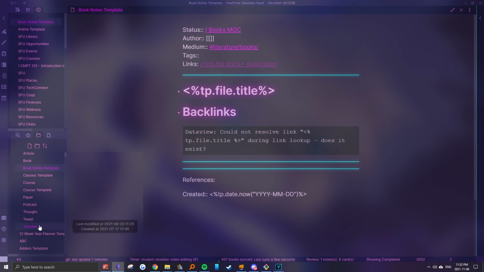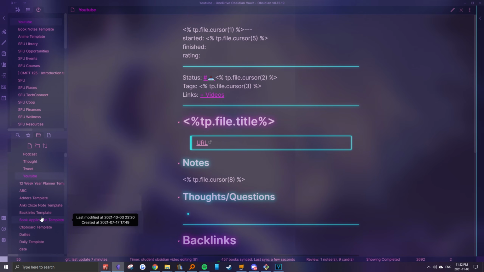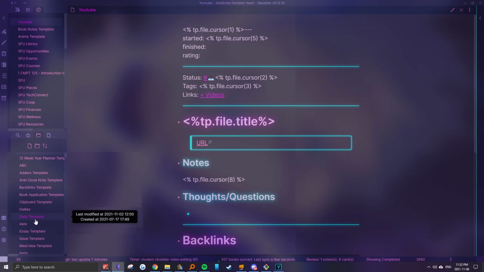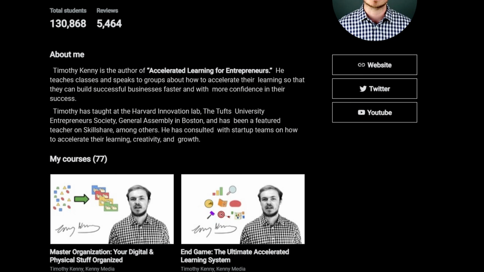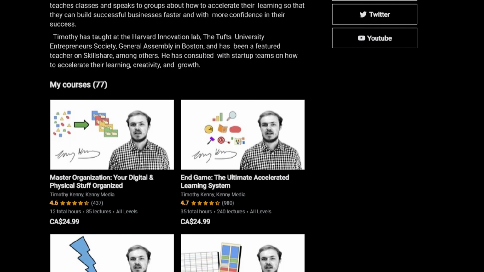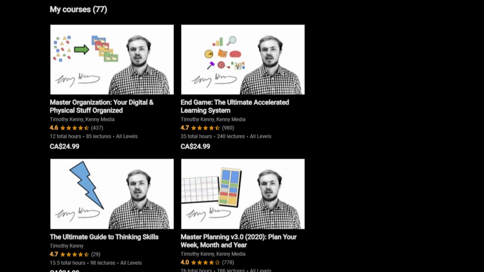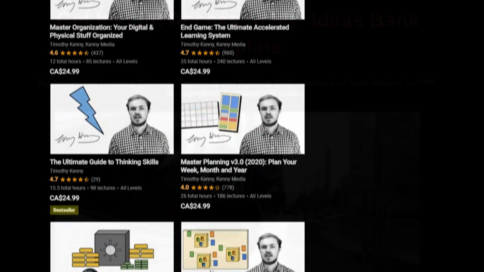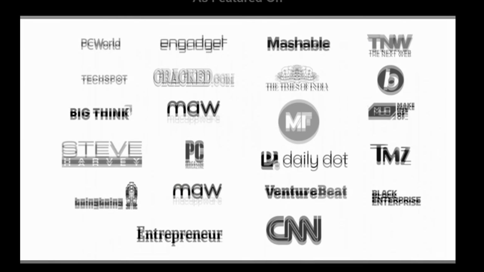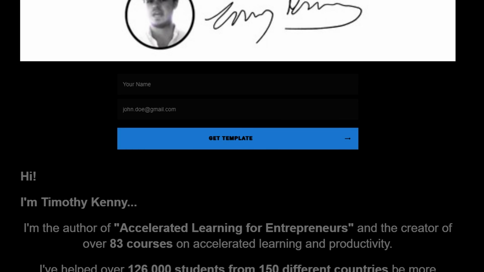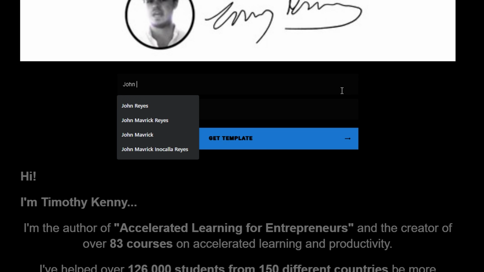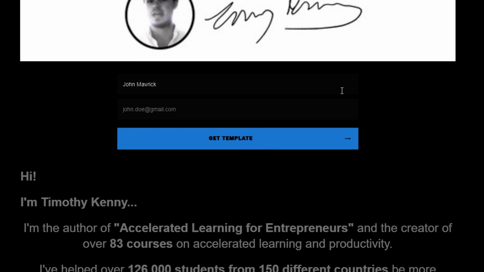My templates range from outlines for writing assignments like essays to templates with different prompts to help cultivate new ideas. My good friend Timothy Kenny, a featured instructor of multiple best-selling productivity courses on both Udemy and Skillshare, was generous enough to provide me with a template you guys can use to start generating and storing ideas in Obsidian. It's called the Ideas Bank template, which I've added a link to in the description so you can download and